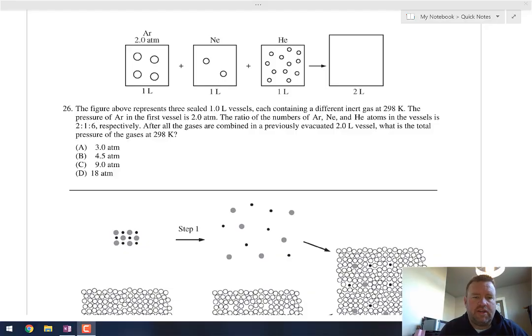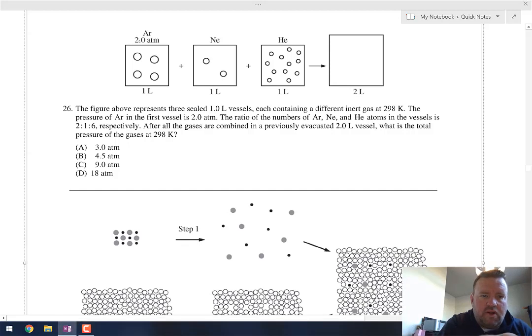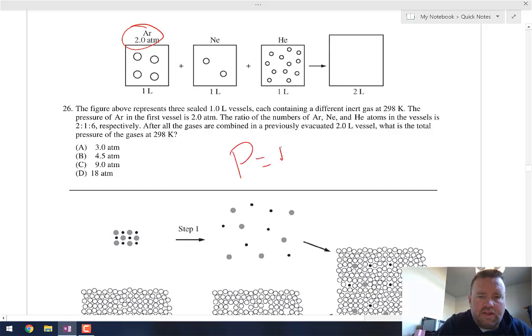Question number 26 is a gas law question. It gives you three different gases: argon, neon, and helium. Notice that for the argon one, they do give you the pressure in atmospheres. And remember that the pressure of a gas is directly related to the number of moles, which is really the number of molecules or particles of the gas, times the gas constant times the temperature divided by